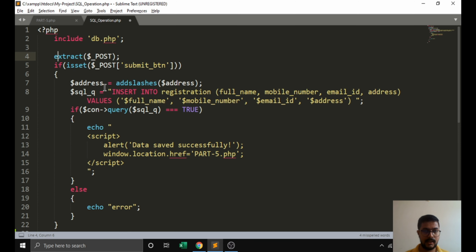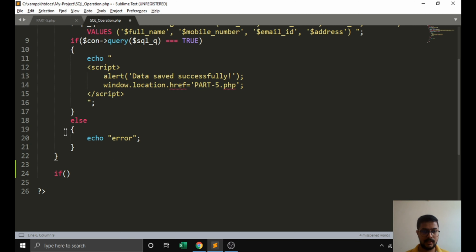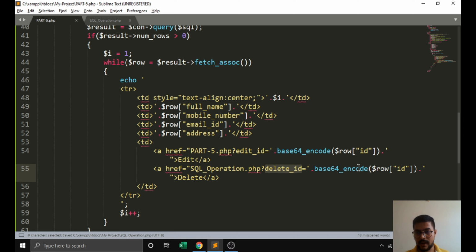We don't need extract post here. We are just inserting this if statement, writing if isset $_GET. We are passing the value in the URL, that's why we are using the GET element here. We are just passing the ID